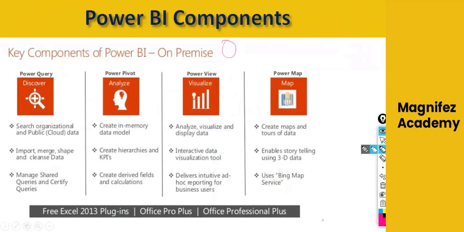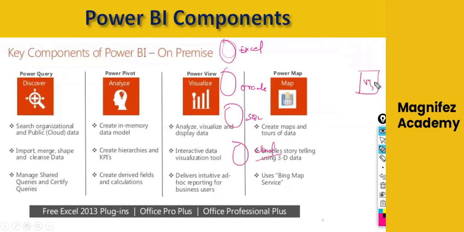We have data available in different companies. We are running one company where they are maintaining the data in Excel. One store is maintaining the data in Excel, one is maintaining the data in Oracle, one may be maintaining the data in SQL Server, or probably one may be maintaining the data in the cloud. Now, my requirement is I want to create a visualization. If I want to create a visualization, I have to connect the data from here also, from here also, here also, here also. Means multiple sources of data connection.